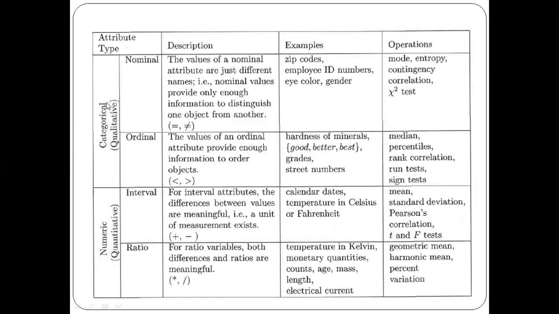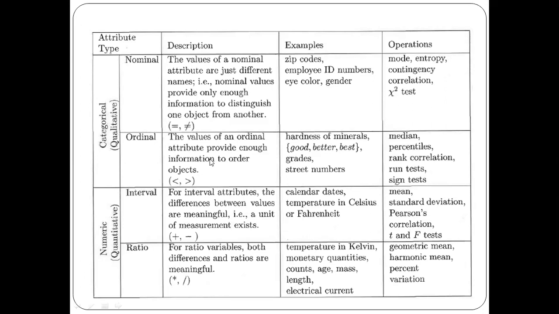These are the four different kinds of attributes which we have classified based on the properties of numbers. That is, based on whether they satisfy the properties of the integers, we have classified them into two categories, categorical and numeric. Categorical is also called qualitative, and numeric is called quantitative. In categorical, the attribute values will be in the form of strings. In that, we have two types, nominal and ordinal. In the case of numeric, we again have two types, interval and ratio.